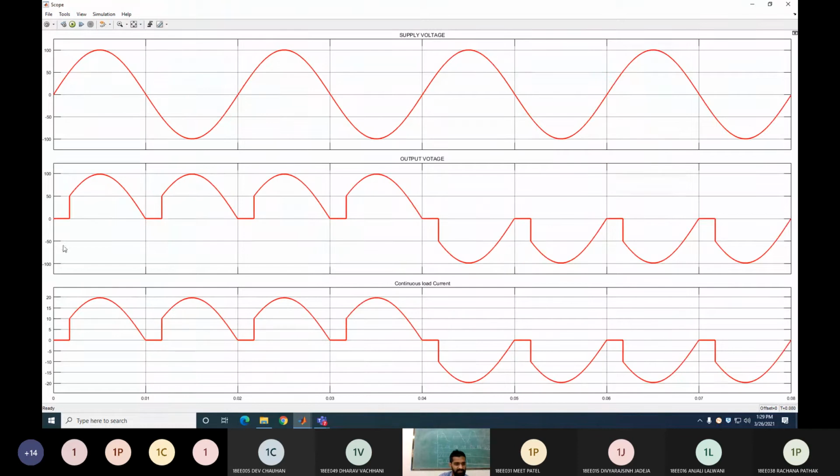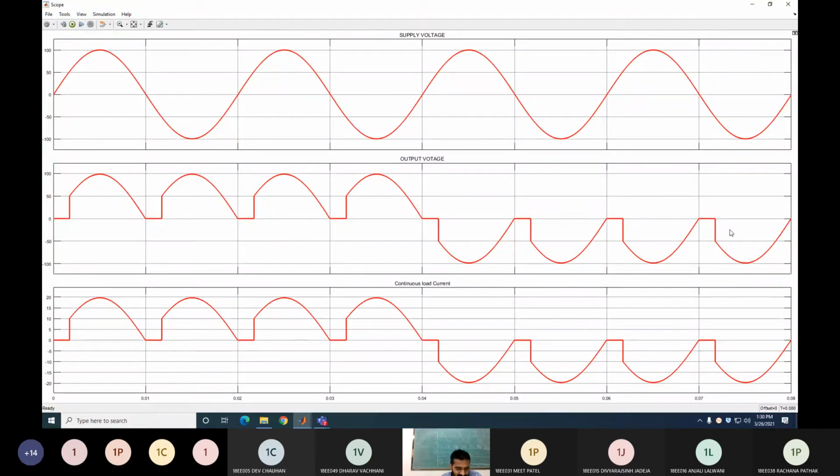Okay. So now you can see here, you do not get the full half cycle, you get the output voltage only from 30 degree to 180. Here at every half cycle, because you provide the firing delay 30 degree for all the cycles. In the first 2 cycles of your supply, you get the positive P1, P2, P3, P4, P1, P2, and P3, P4. This is the voltage and this is the current. Okay? And in the same way in the negative cycle, N1, N2, N3, N4, N1, N2, N3.